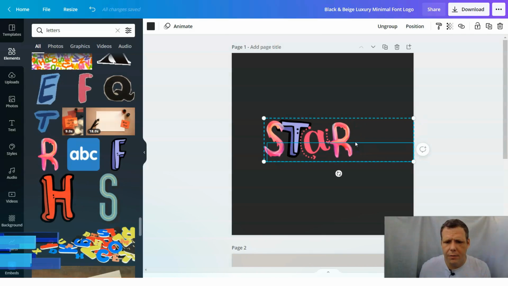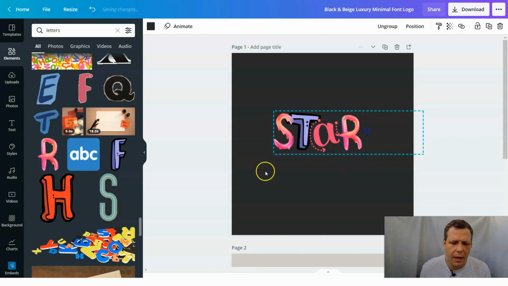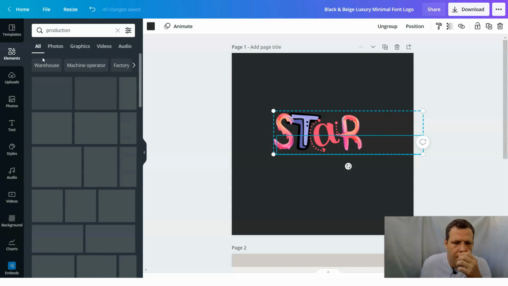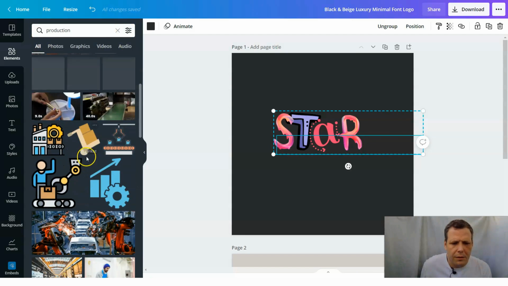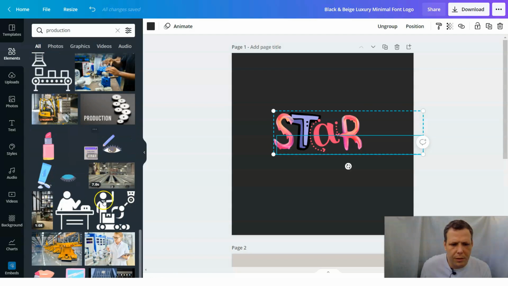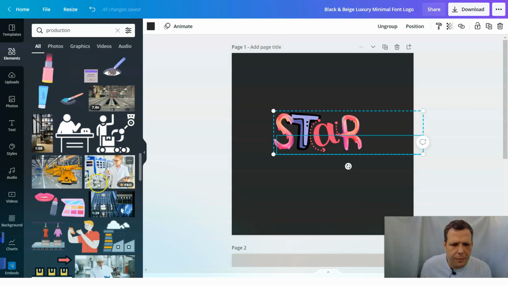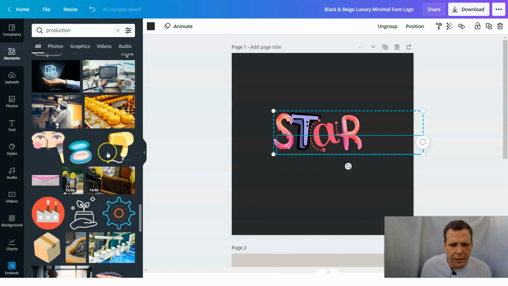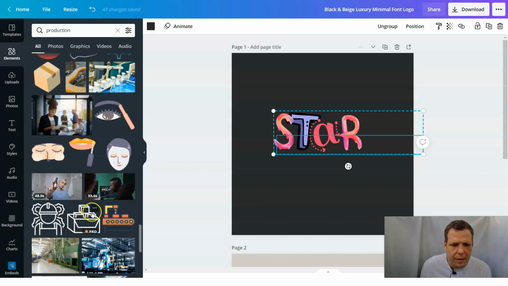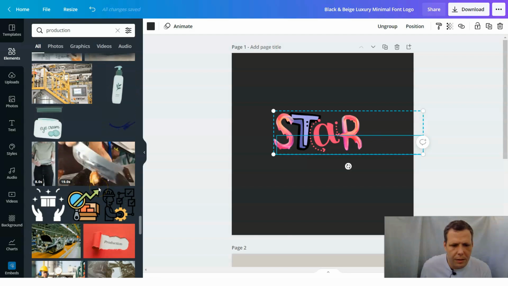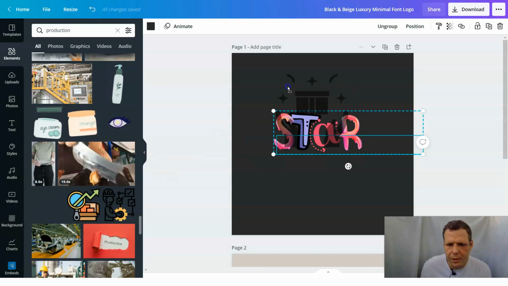Alright, so now we have star, and let's see, now I'm just going to put a word. I'm just going to put production. Production, right? So now you can see production, all of this, and it's just showing you production. It's not the writing, but you can see that they have the elements here, right? So we look down, and we can say, oh, that's pretty cool. We can use this for a picture,